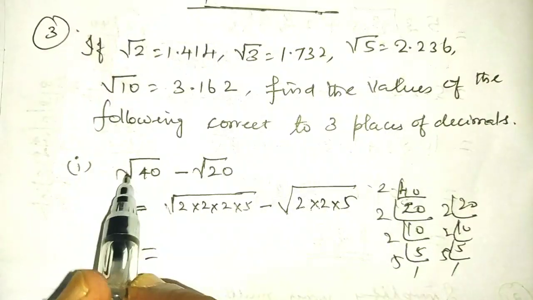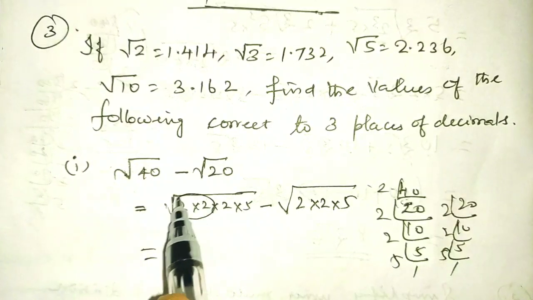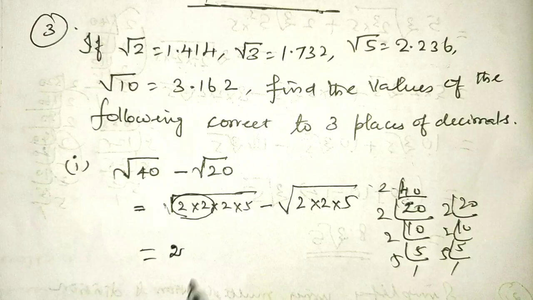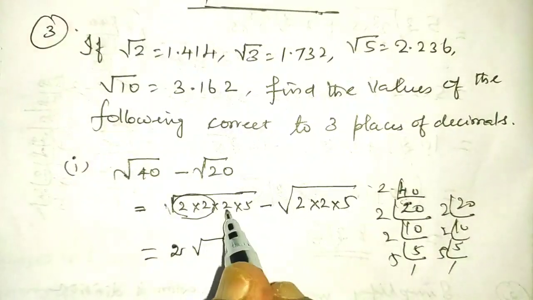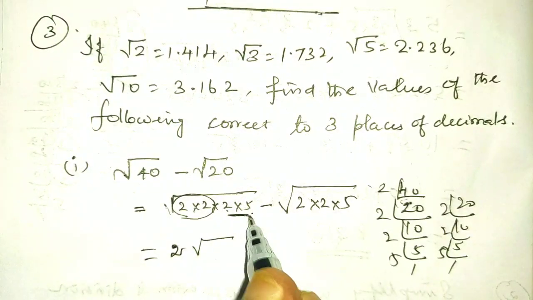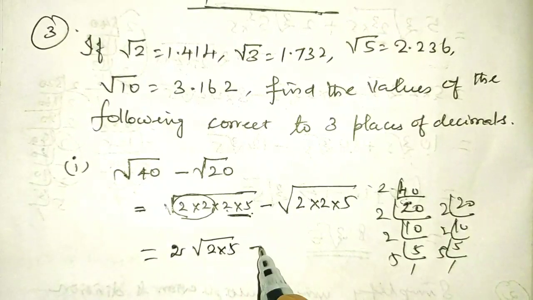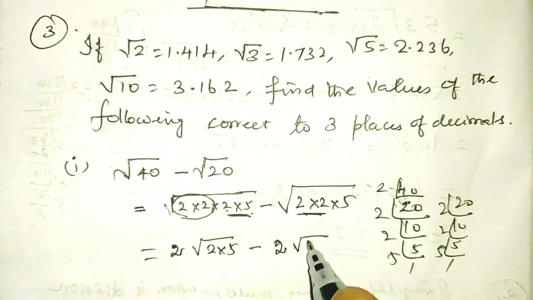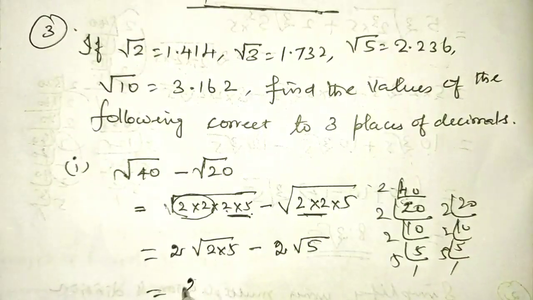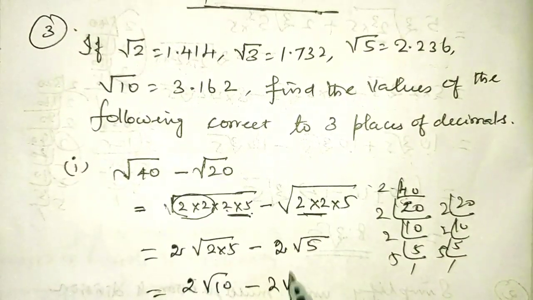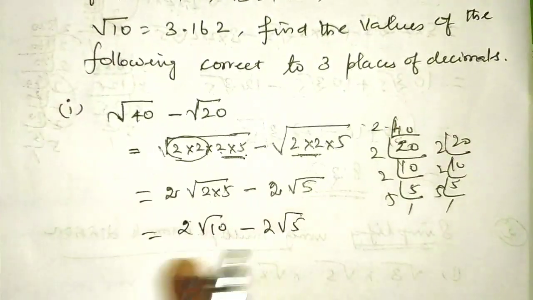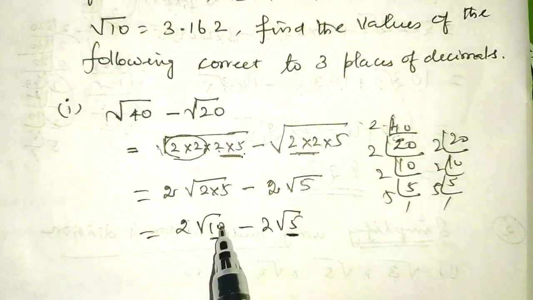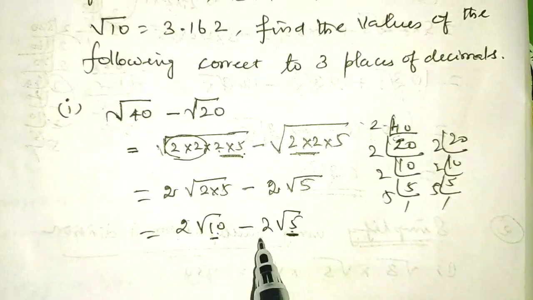So here we have square root. For square root, we have to take two numbers and bring the 2 as 1, 2. 2 into root of 2 into 5. Here we don't have any pair, so you write this as it is, 2 into 5. For these 2, you will get 1, 2 outside the root. 2 into root 5. So 2 into root 10 minus 2 into root 5. Here we can't add or subtract because in the surds the radicands are different. So we can't add these two.